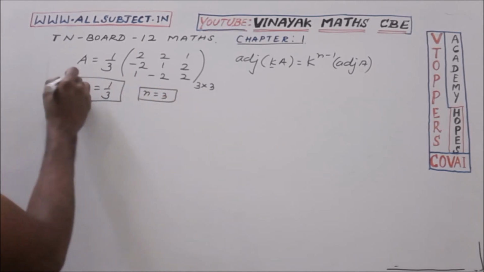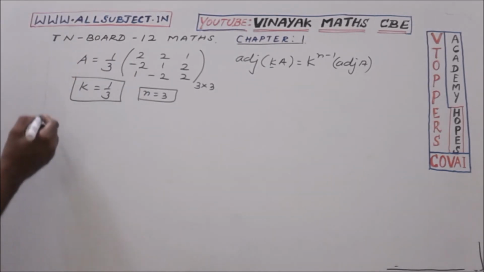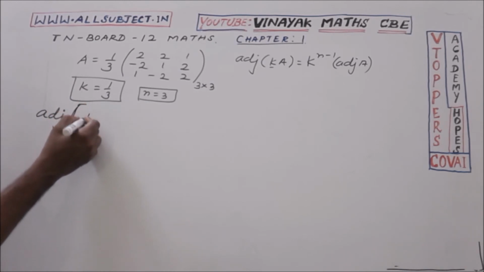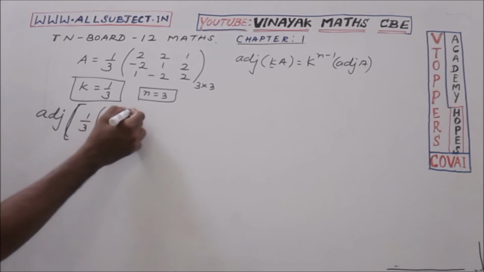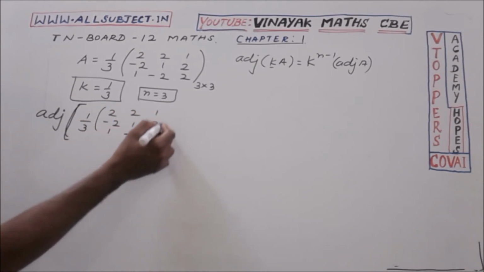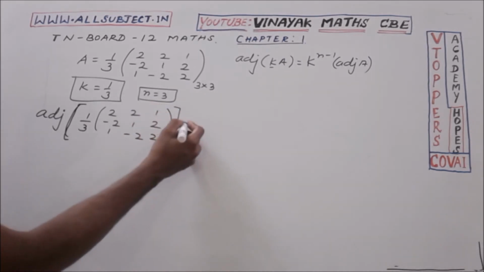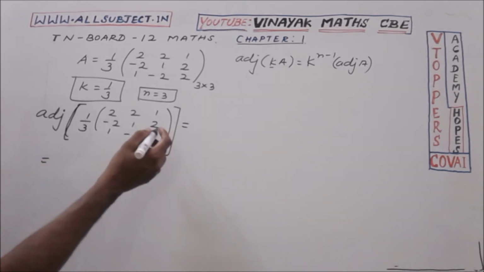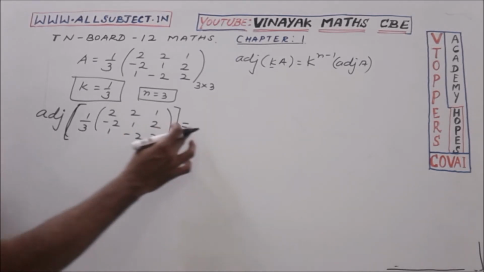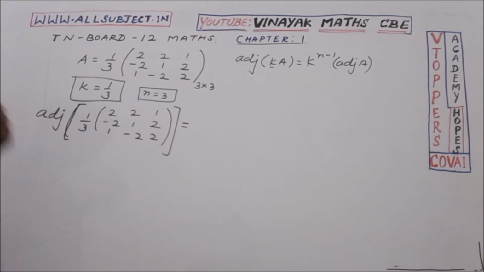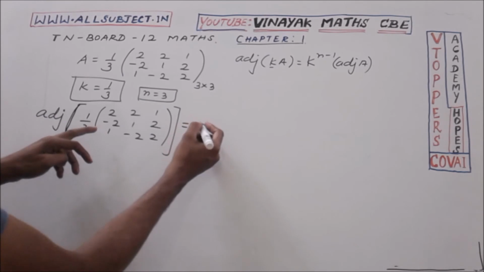Substituting these two values, the adjoint of the given matrix, 1 by 3 into 2, 2, 1, minus 2, 1, 2, 1, minus 2, 2, is equal to